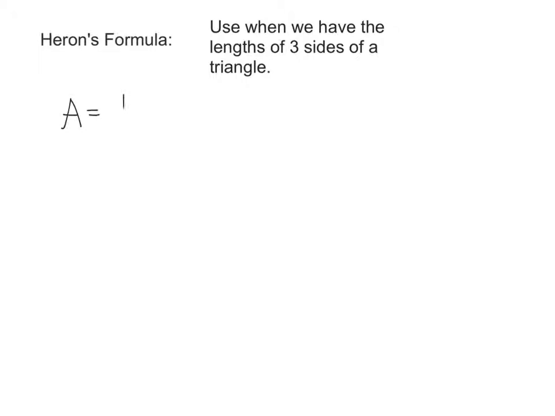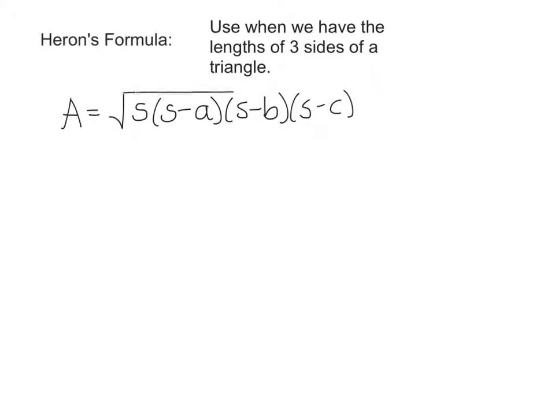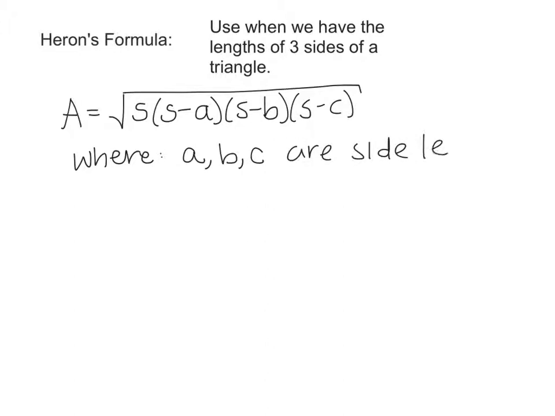A is equal to the square root of S, we're going to talk about what S stands for in a minute, times S minus A, times S minus B, times S minus C. So it's the square root of all of that. Now, this is where A, B, and C are side lengths of a triangle, and S